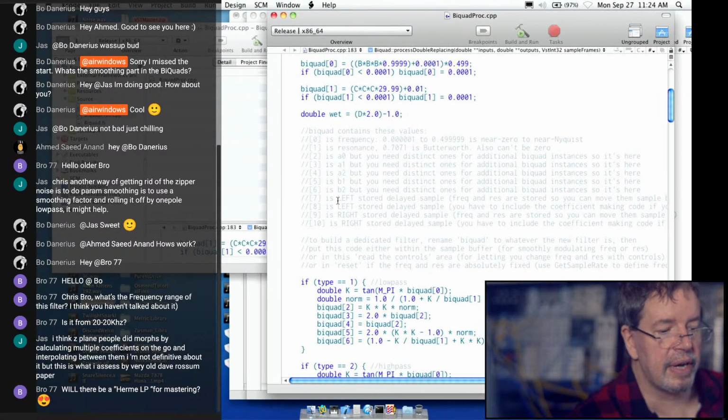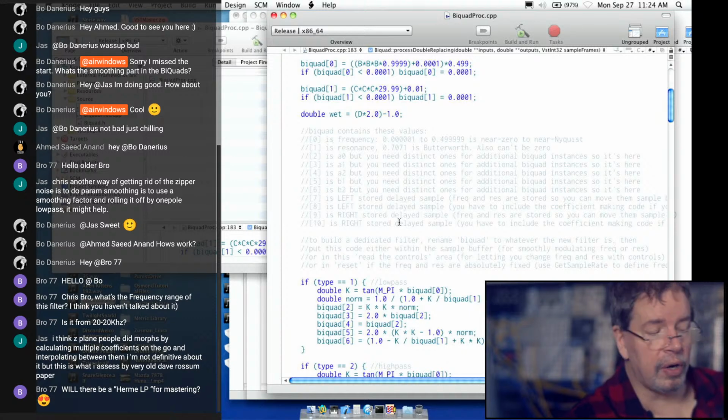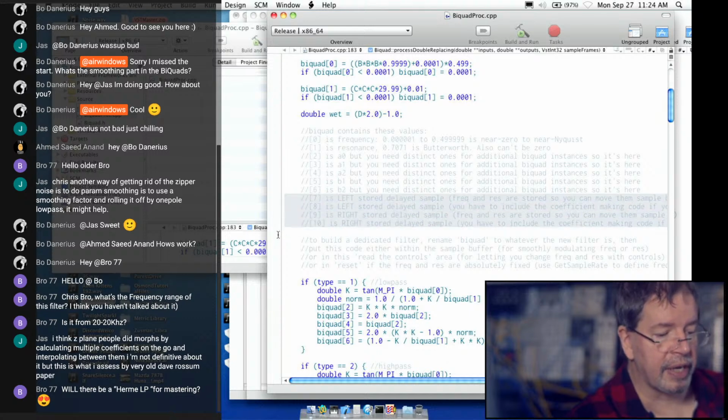See where 7 and 8 it says left, left, and there's 2 stored delayed samples. I was thinking of these as like B1 and B2, but those are actually coefficients. 7 and 8 and 9 and 10 are not actually coefficients. They are the samples that we use to calculate this stuff.